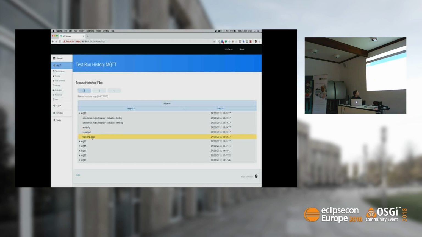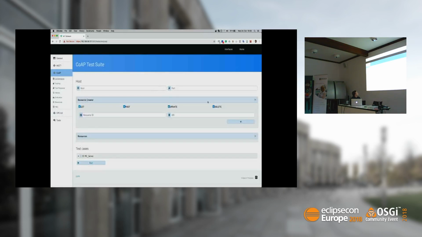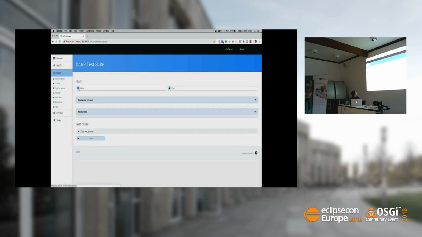Or of course, TCP dumps, which are quite useful if you want to track your traffic on the wire afterwards. We also track it, and you can have a look at that after the test run. And of course, on CoAP, it's a similar thing.